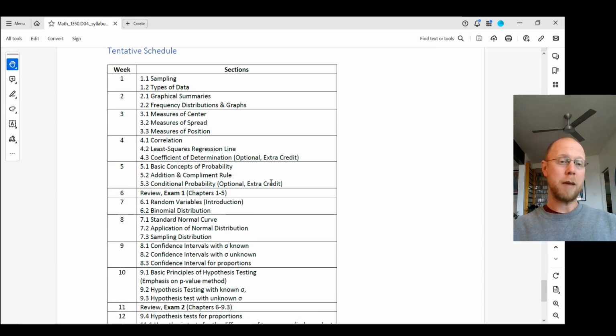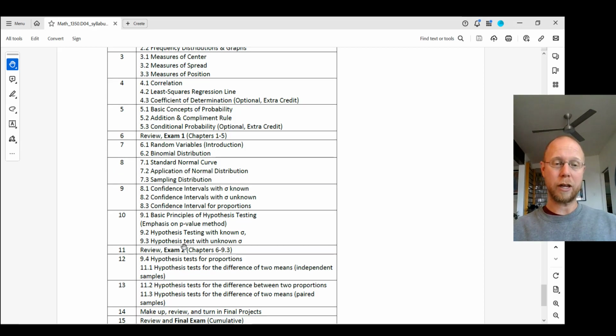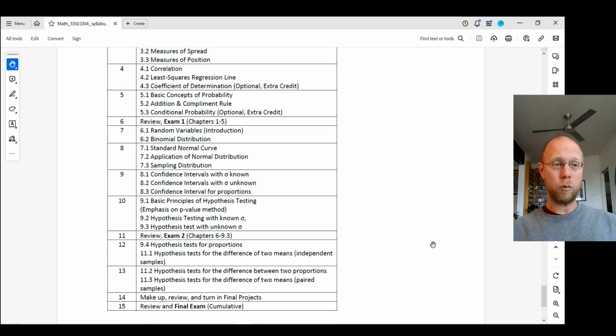After that, let me just scroll through all this other stuff. The last thing you'll maybe want to look at is a brief tentative schedule. It shows what sections we're going to be covering each week. It shows which weeks our exams are on. So week 6, week 11, we have our 2 midterms, and then our final exam is that last week. So hopefully this is everything that you need. I'm going to hop out of here,